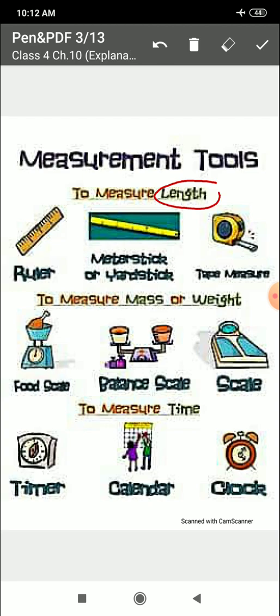You can see here ruler, that is the scale which is there in your geometry box, meter stick and tape measure, that is the measuring tape, which is also known as inch tape in common language. So ruler, meter stick or meter rod and the measuring tape are the instruments to measure length which we use in our daily life. Then the instruments to measure